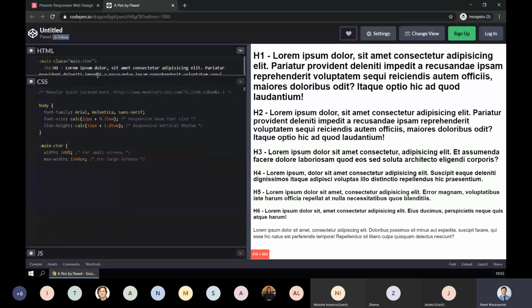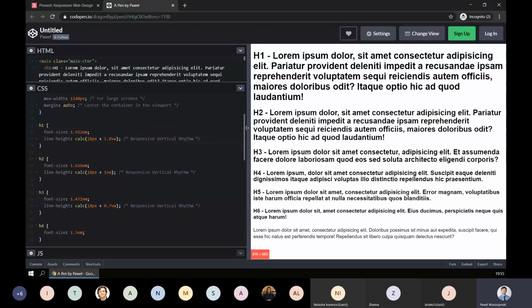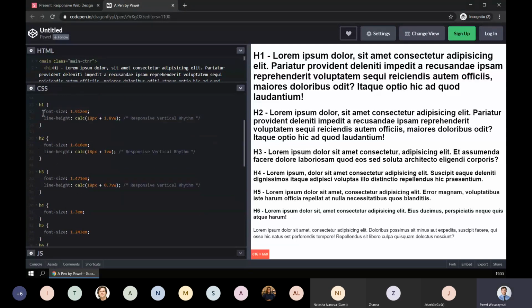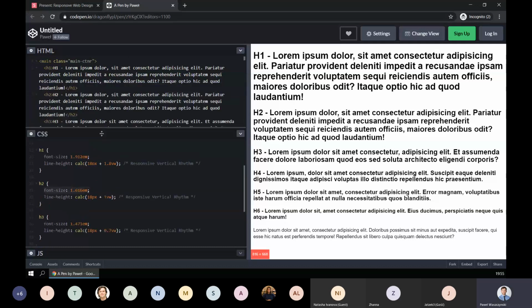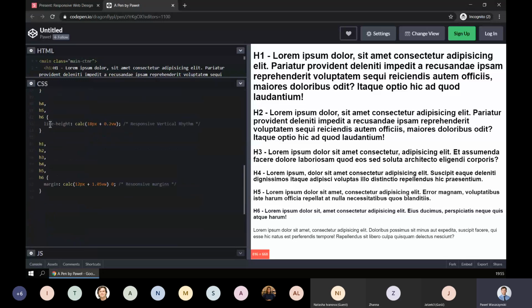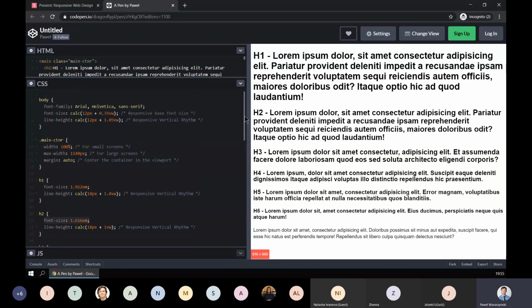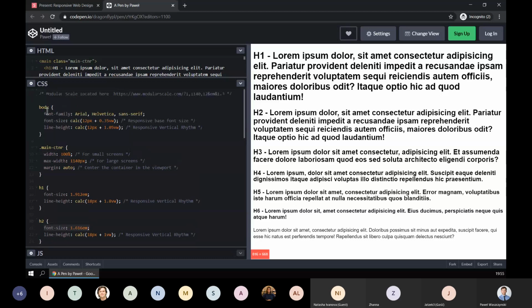Then we have styling. For each element we have a font size based on this modular scale, so it's decreasing for each H, and we are also applying